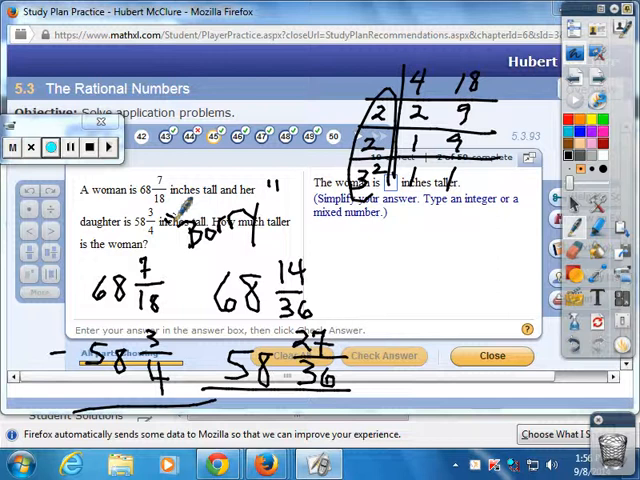You borrow 1 from the 68. And that changes that 68 to what? 67. So I'm going to put this 1 up here. It's floating around. Changes that to 67. But that 1 is a whole number, and it's floating around up here in the clouds. It's got to come down, and it comes down as whatever denominator